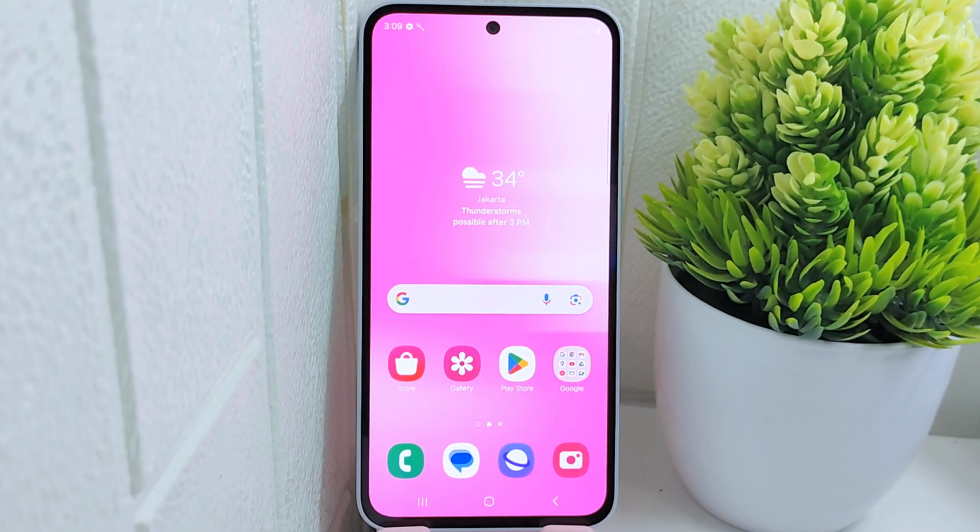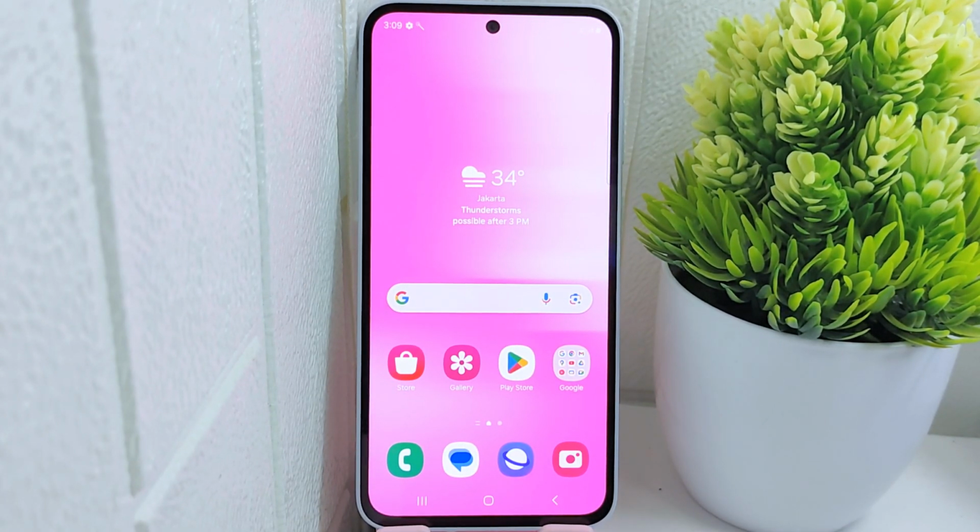Okay, hello everyone. Here I want to provide a tutorial on how to use floating window on Samsung C55 5G